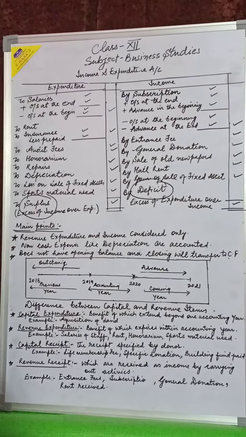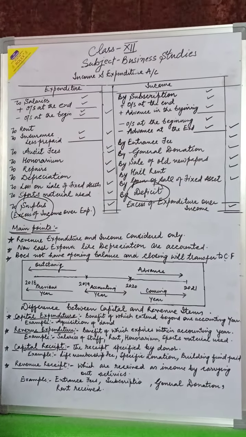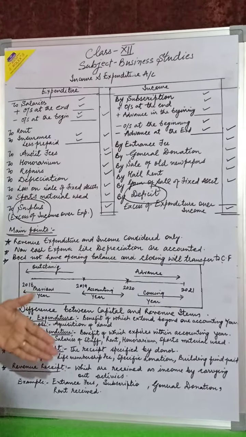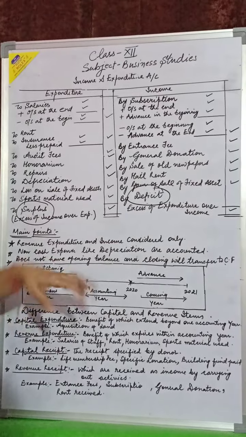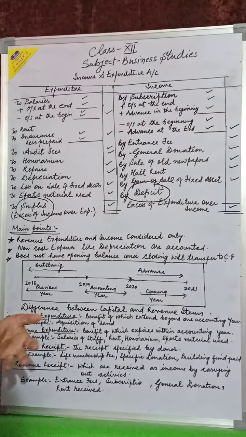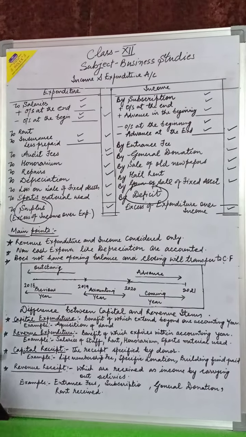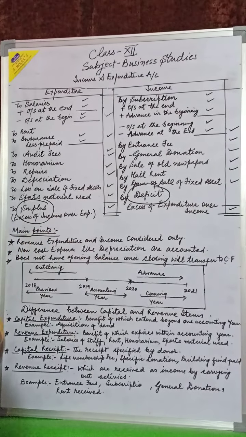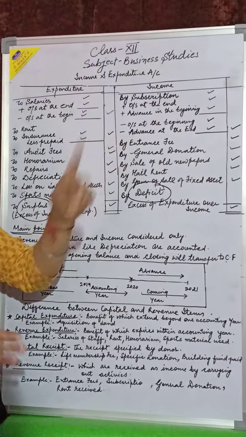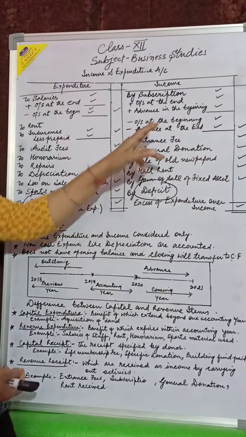Now I just want to explain more about the subscription. I have explained that subscription here is taken as the present year's subscription only. Sometimes the member gives the subscription in advance, or sometimes the subscriptions are outstanding, yet to be paid. So the income and expenditure account is related to the present accounting year. We are ignoring the past and the coming or future. We are just taking the present subscription. How will we take it?